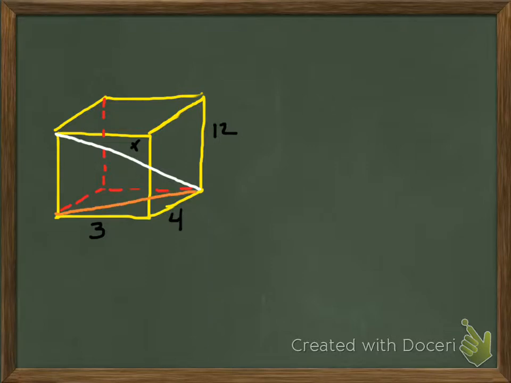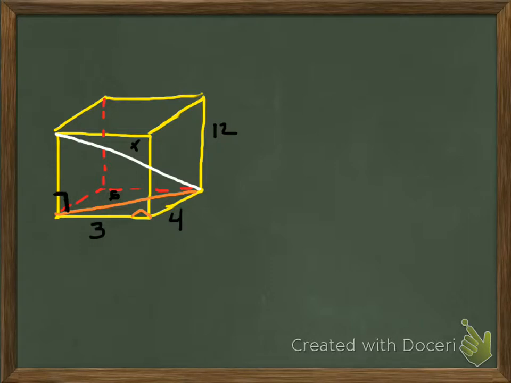So if you draw a diagonal, now you've given yourself a right angle right here. So this triangle right here is a right triangle. So if you have 3, 4 on a right triangle, you can always know that the length of that hypotenuse is going to be 5 because it's a 3, 4, 5 triangle. Okay, now when you drew this diagonal, this line right here makes a perpendicular. Right, so now you have another right